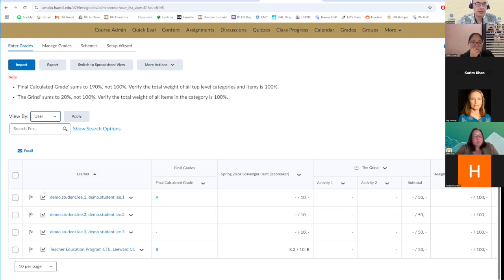So that's a nice thing. Going down here, one of the things that I found helpful too is these little flag icons. If you had a student that you were maybe concerned about and you wanted to flag them, 1 or 2 students, you could click on these little flags, and then that's another way that you can sort your student list in your grades. So here I have 2 flags checked off, and I want to view by user, but I'm going to search for